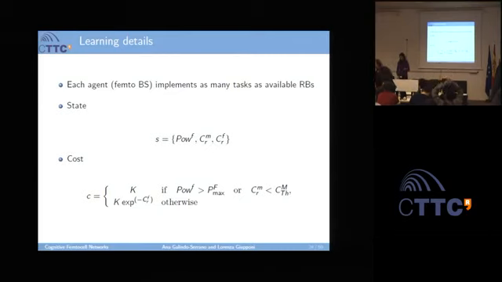What you mean is that instead of taking exact forms of these cost and state functions, you should keep them as general functionals. You know at least something about, say, the cost function: if the power of the femtocell is greater than the max power you want, your cost should be kind of an increasing function. At least that much you can to some extent assume, and otherwise it should be some decreasing function, maybe a monotone function. So why not formulate this problem in terms of a functional space and then look at it? Is that what you mean?